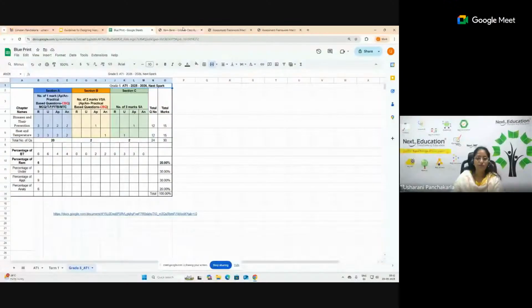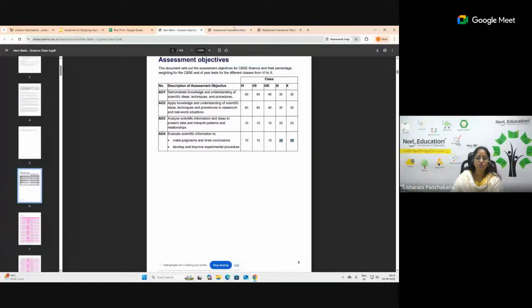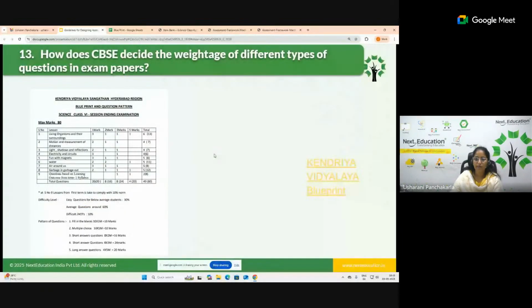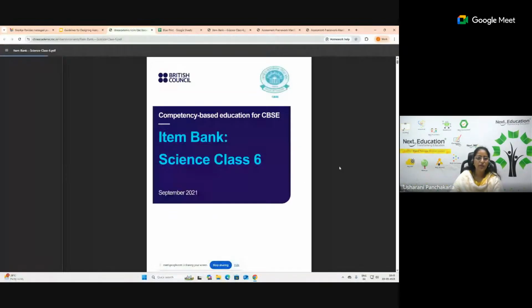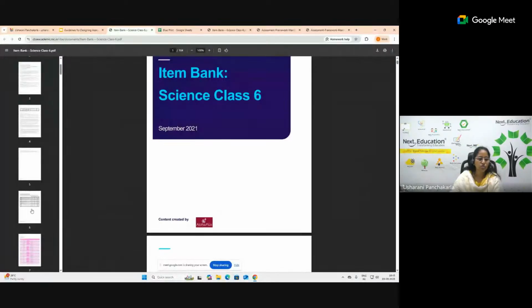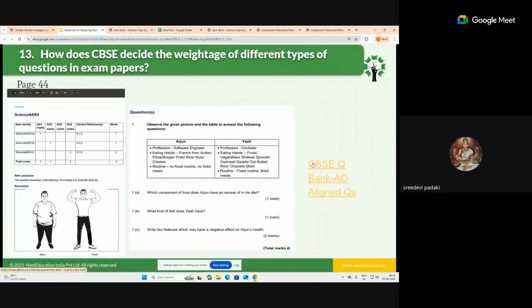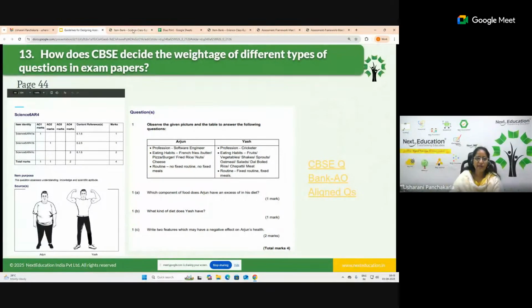This is what I told you. This is the website which I opened and showed you. This is one more website where I've shown this also. Just clicking on these items, actually this one, I just clicked on this, then I opened this one to show you. This is taken from the CBSE with respect to the assessments and the percentages. Share the link, ma'am. Yes, it is the same.